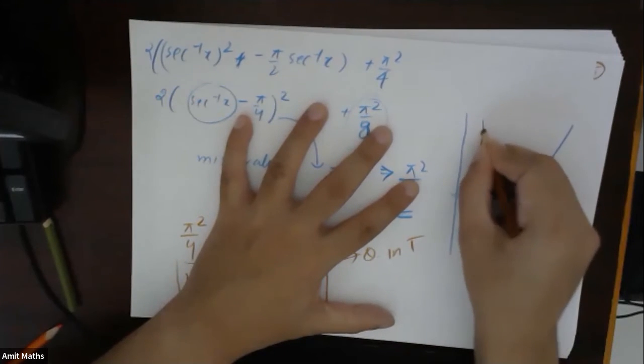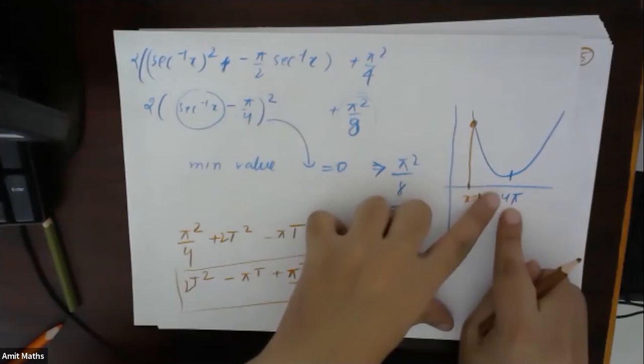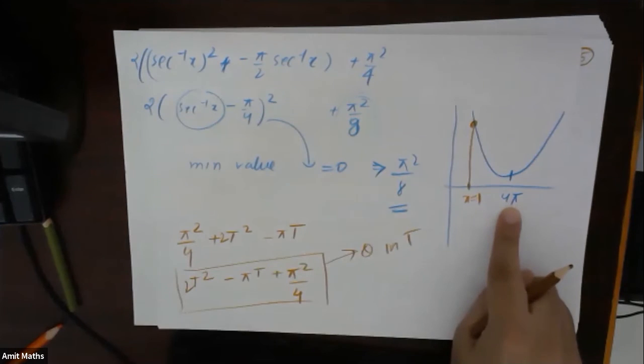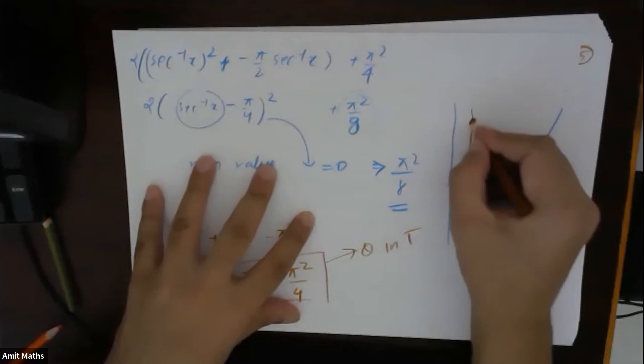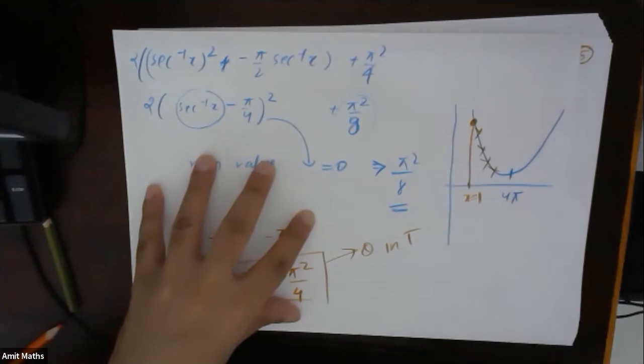So actually, if we look at the quadratic, the answer should be coming out at 4 pi, sorry, x should be equal to 4 pi. At that value, we will go to some vertex. But are we actually reaching the vertex? These values x cannot even take because it is sine inverse of x. Understood, beta?